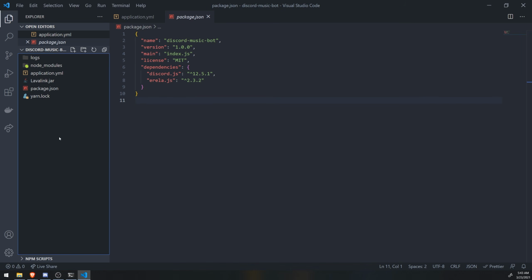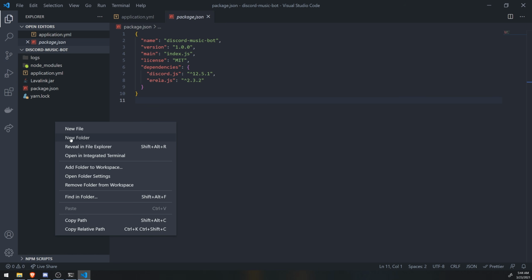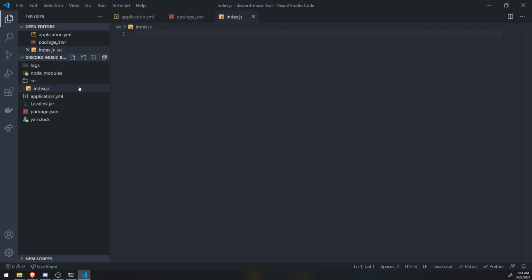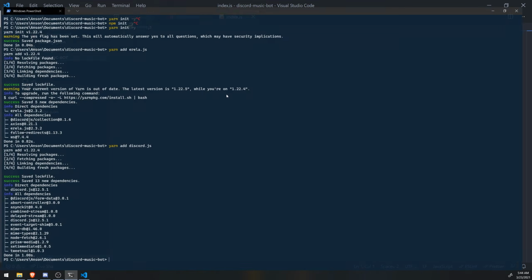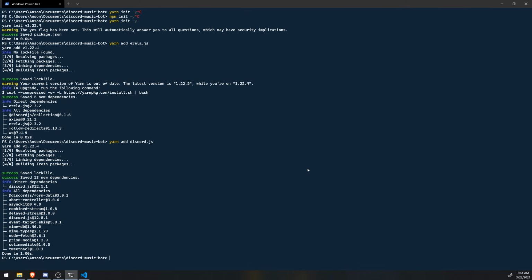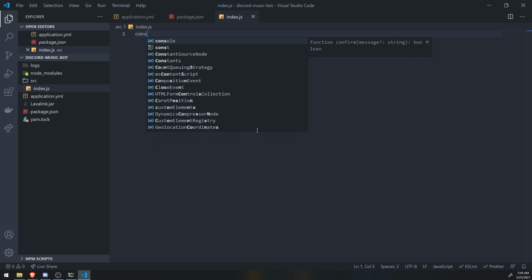So the next thing that we want to do is simply create a source folder, and hopefully this won't have any issues because of the lavalink.jar file, actually no, it should be fine. So we're going to create an index.js file inside the source folder, and we're going to go ahead and import Discord.js, and we're going to import Erela.js. So const,